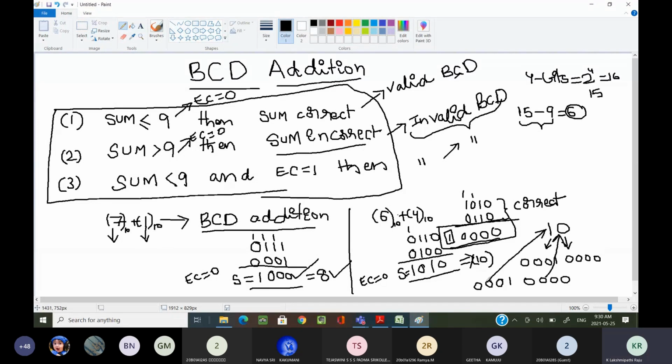Are you understanding? Yes, sir. Are you getting my point? Yes, sir. I hope you are writing your running notes. If you are not writing, please note down quickly because we are running out of time. Please note down these problems. We are going to see the third case and we can move to 2-digit numbers.